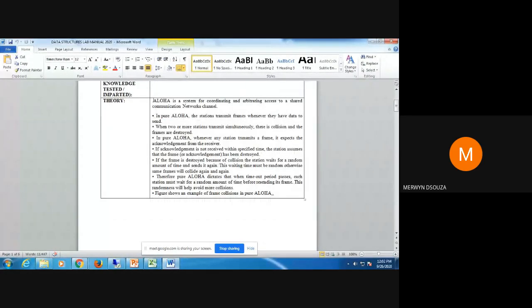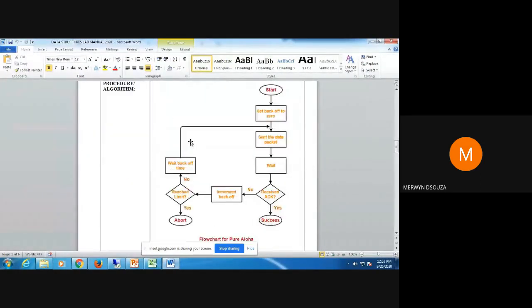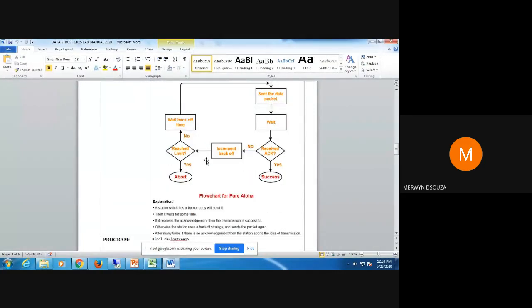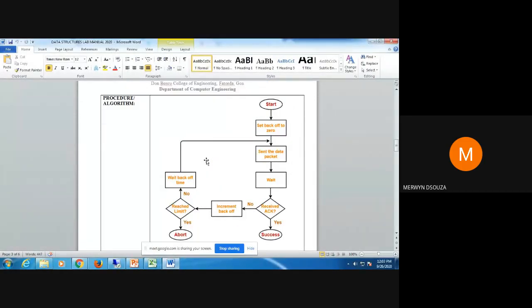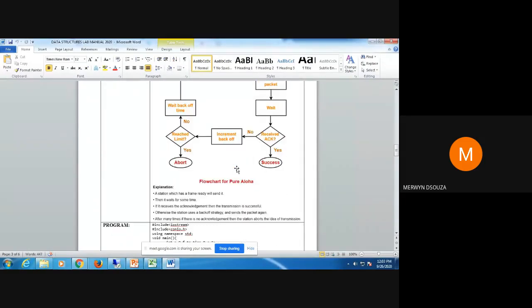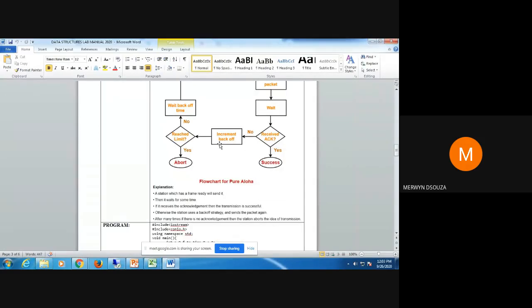The theory part, you're going to write a little theory about stacks, and a little theory about queues. Then here in the procedure or algorithm, suppose there is an algorithm. In some cases in future you may find an algorithm. If an algorithm has been given to you, it will come here. Now for stacks and queues, there is no algorithm, so you can just leave it blank.